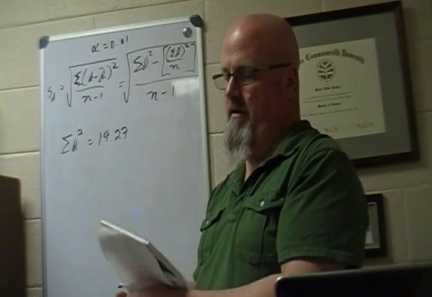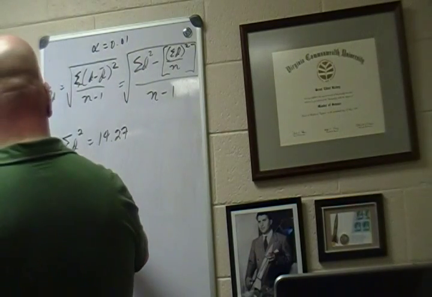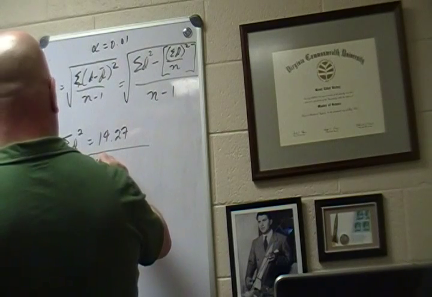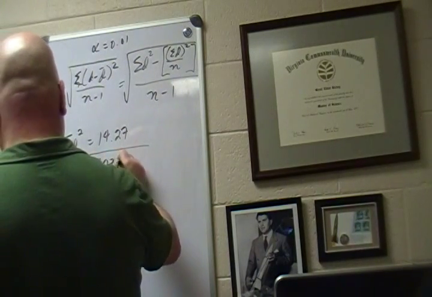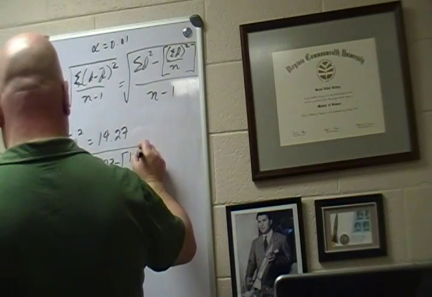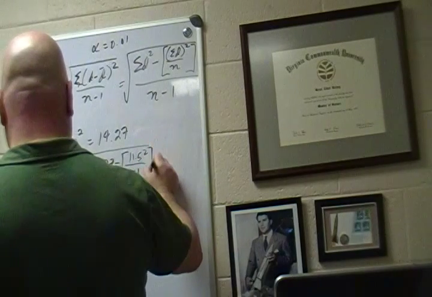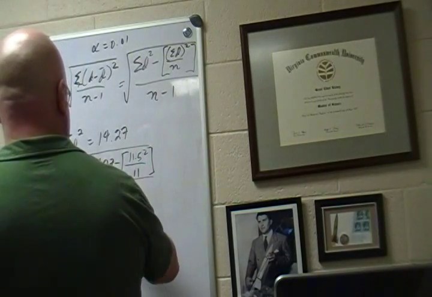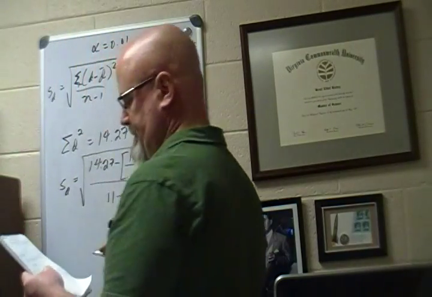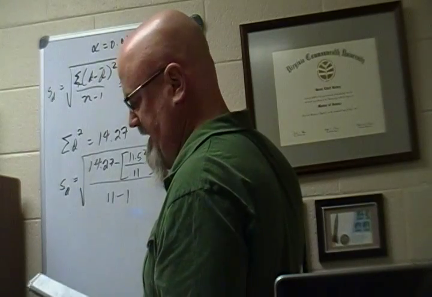So with that, we compute S sub D, which will look like this: 14.27 minus 11.5 squared divided by 11, over N minus 1, which is 11 minus 1. Compute that, you're going to get